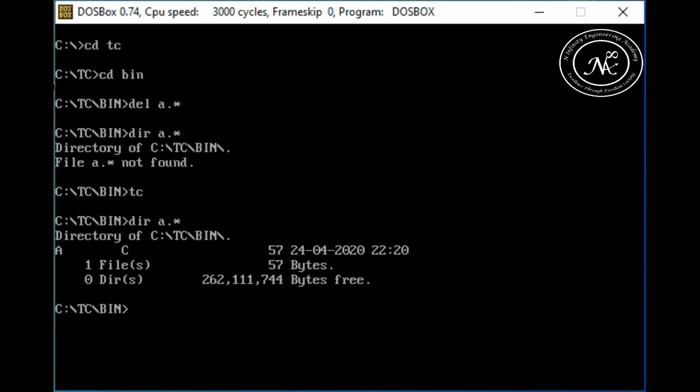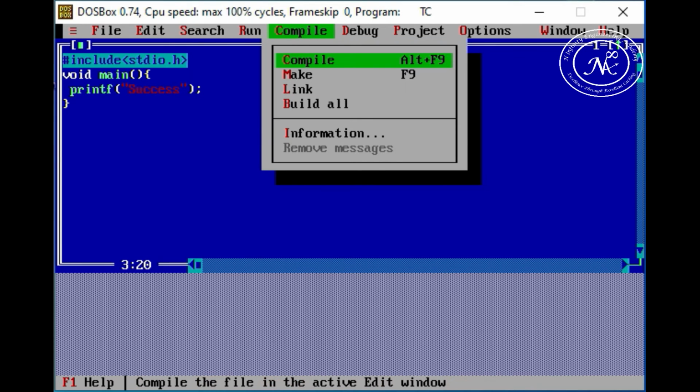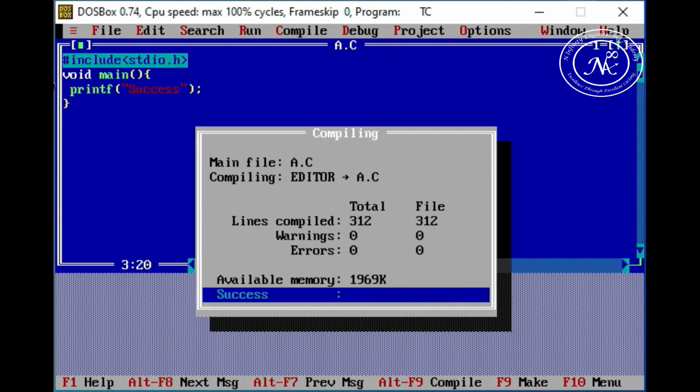If I try to run this code, I get a response of illegal command because I cannot execute my source code, because the machine can understand only zeros and ones. So I need to follow the process of compilation so that this C code can be converted into zeros and ones. So let us move into Turbo C. I'll be selecting the compile option. After compilation with zero warnings and errors, the compiler is happy with us.